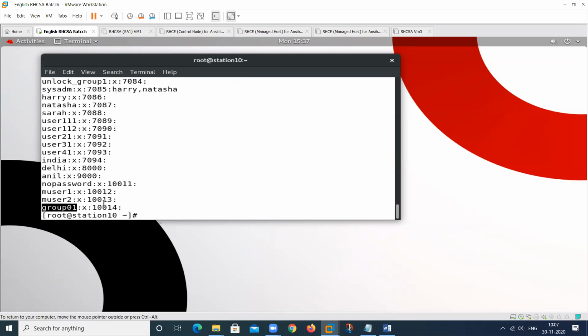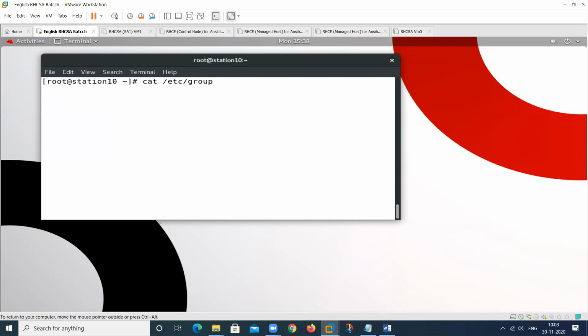At this time there is no user part of this particular group. Show the previous command, sir. How to check whether the group is created or not? Press the up arrow. Group status. Yeah, you said that you have created it. So this one is the command to check whether the group is created or not. Okay, sir.